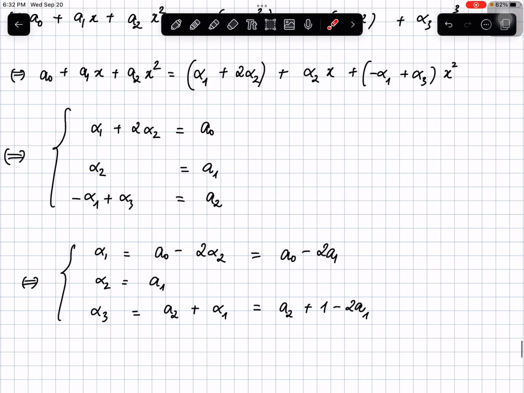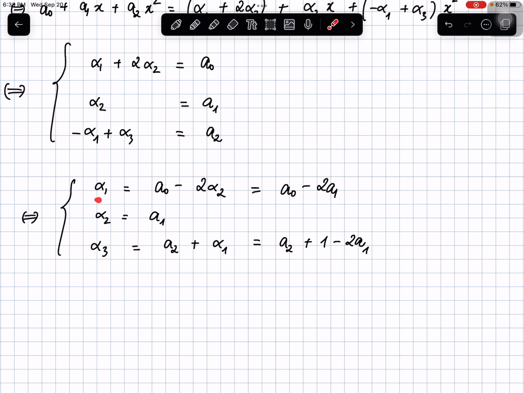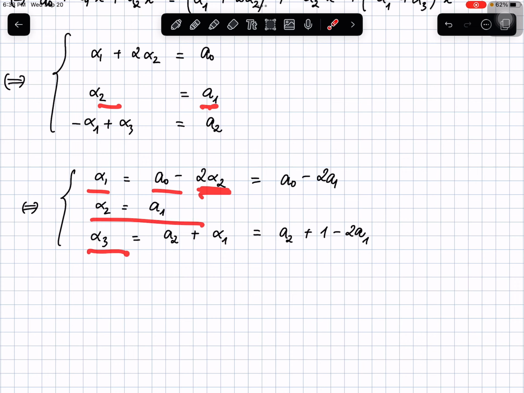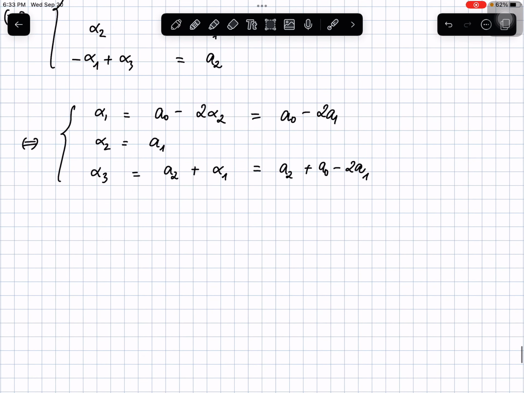At the end we have this system of equations, with variables alpha 1, alpha 2, alpha 3. So alpha 1 is a0 minus 2 times alpha 2. Alpha 2 is a1, so alpha 1 is a0 minus 2 times a1. Alpha 2 is a1 and alpha 3 is a2 plus alpha 1, so we have